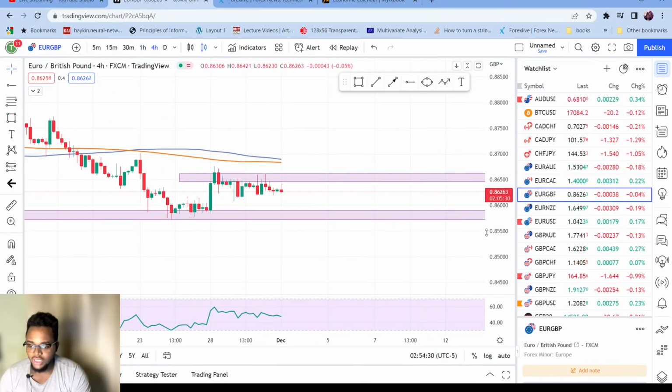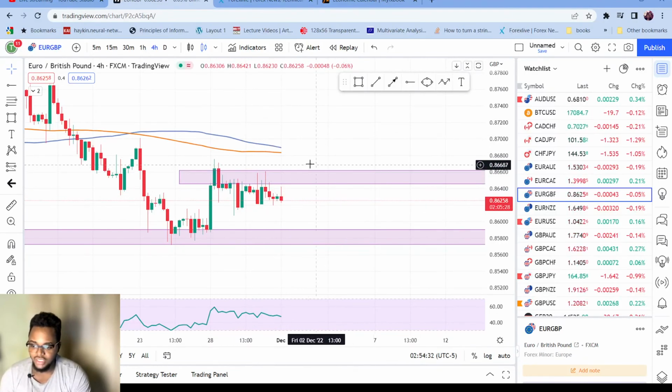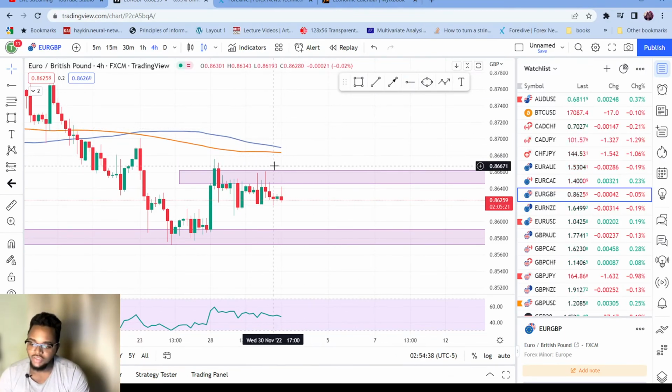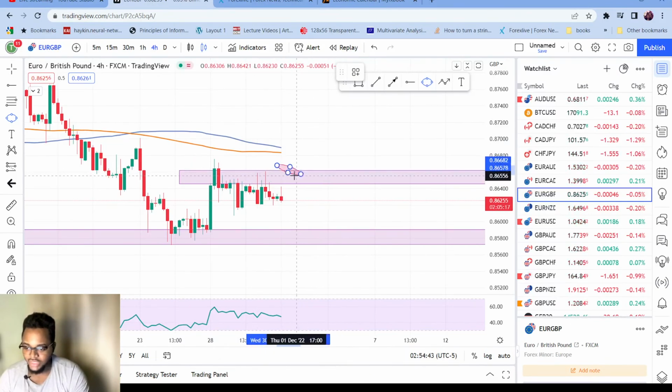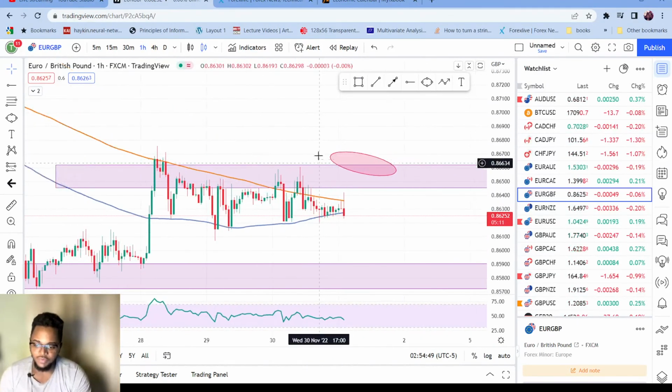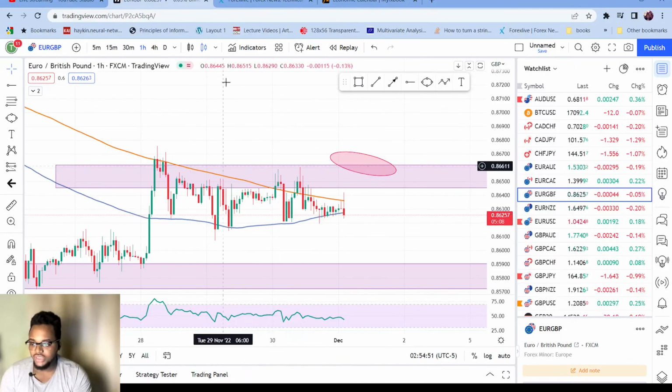Take a look at the 1 hour. Okay, if we manage to clear this area here, sorry, on the 4 hourly chart here, if we manage to close above this area here, we could get a continuation moving even higher. Again, we need catalysts. We need something to give us that push, that movement, and in the currencies themselves. And we don't have that right now. But if we do see something throughout